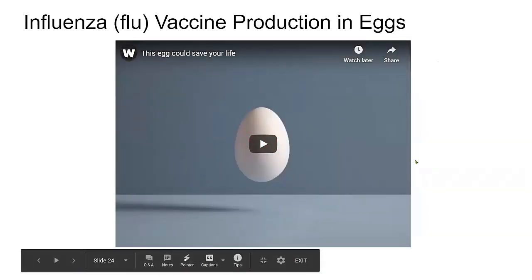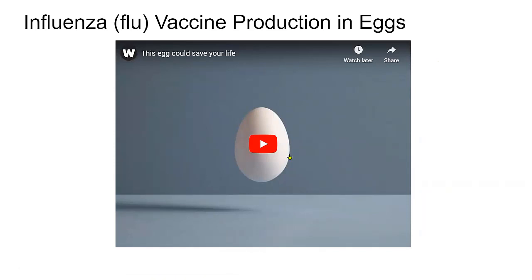All right, so this next video is going to show how you actually make the vaccine. It is a huge production effort because they need to make millions of doses. And if we get a vaccine against the coronavirus, again, we'll need billions of doses. So that's a real challenge. But this is a nice video that shows how the flu vaccine is made. Every year it is made.